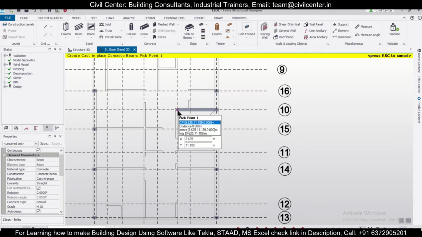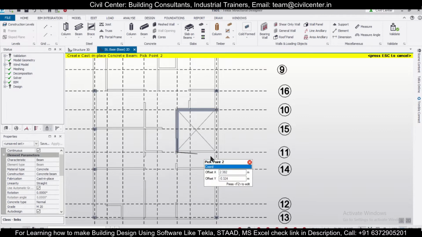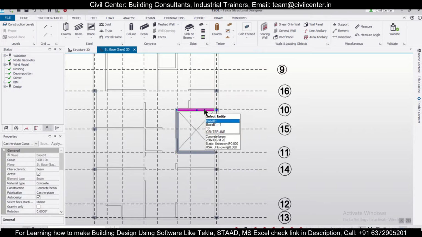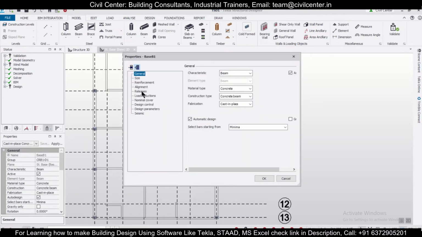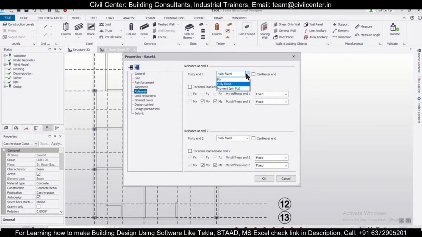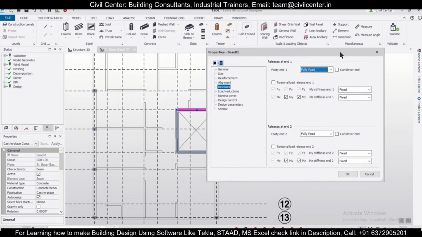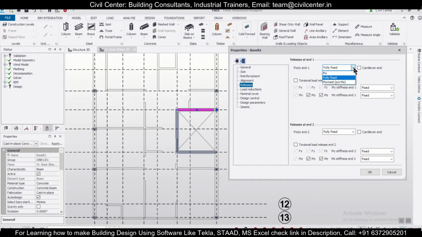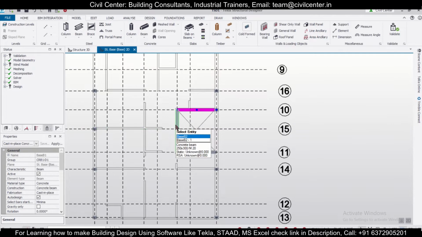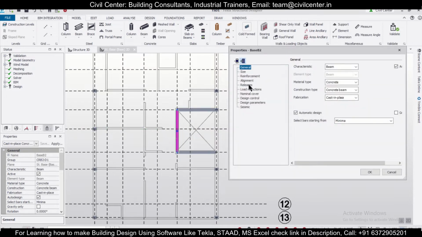So we'll click here, and then we'll click here. You can change the particular releases by simply double clicking on it. Releases, and then we'll go to left. As you can see, the left end one is pin, and end 2 we have a column here, so it is fixed. This beam, both are pinned,